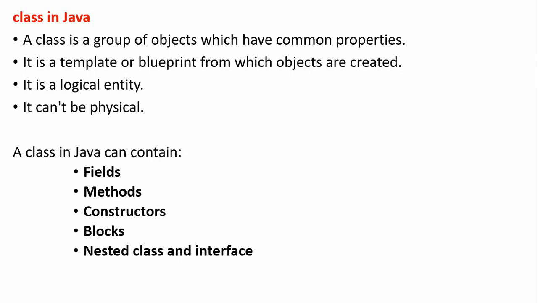Then what is there in a class? A class consists of fields, methods, constructors, blocks, nested classes and interfaces. Fields are just like variables, methods are functions, constructors we will discuss, blocks are sets of statements specified in a block, maybe an if block or for block. A method is also a block, then a nested class within the class, and interfaces we will discuss later. All these are there in the class, and all can be accessed with the help of objects. So a class is a collection of objects, and an object is an instance of a class. The object is used to access the members of a class. What are the members? These are the members.